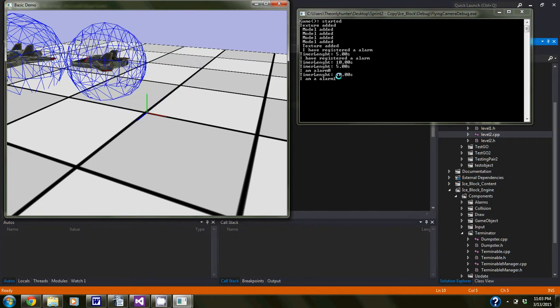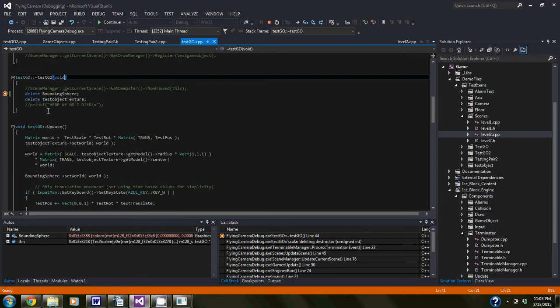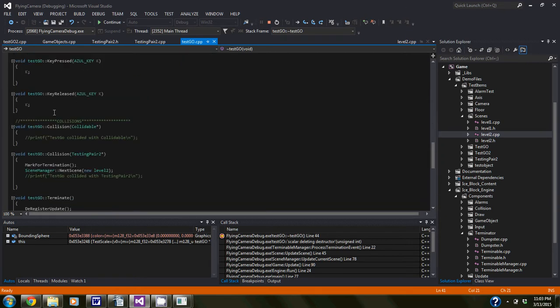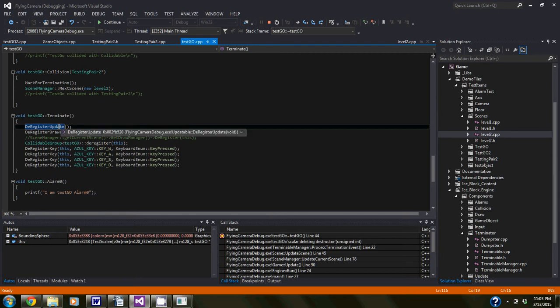So when I hit this ship, it'll collide, and the plane was deleted along with the deleting of the bounding sphere. Now, for the deletion to have been called, termination must have happened first, where I deregister and register everything. I do not have the registers to be automatic. They have to be told by the user, but thankfully I've wrapped them in the form of,